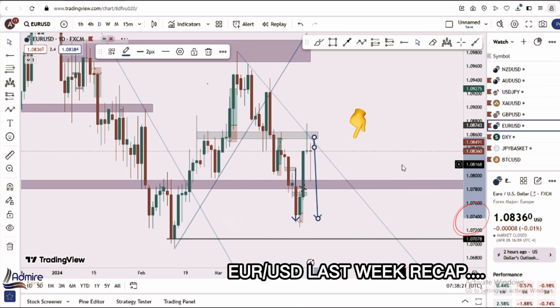Okay, so going to our monthly time frame, I would love to start from the monthly time frame for you guys to see a bigger picture of this. On the monthly time frame, you can see that price has been more like ranging, guys. Price has been going sideways all the way since February 2023.